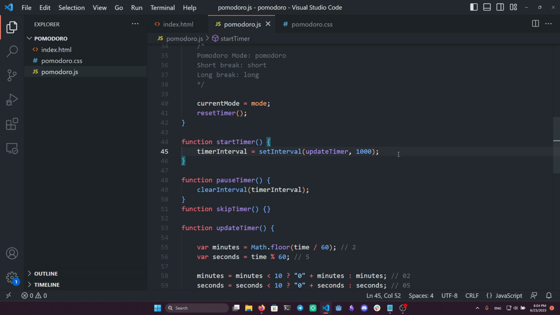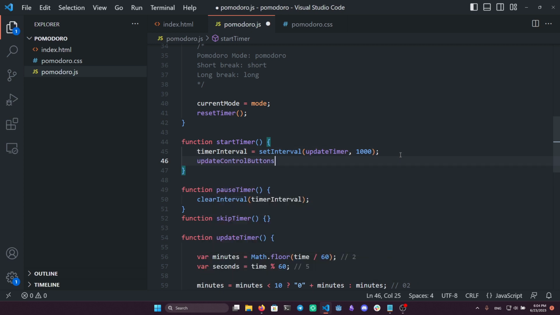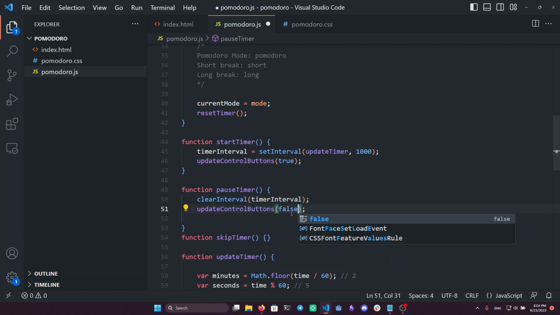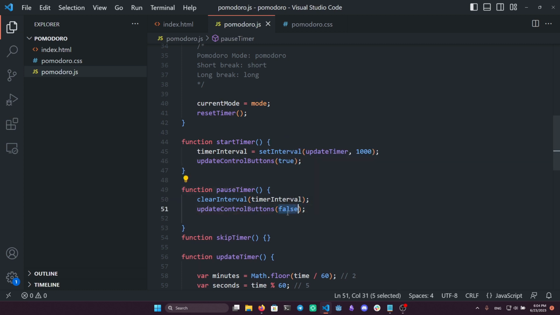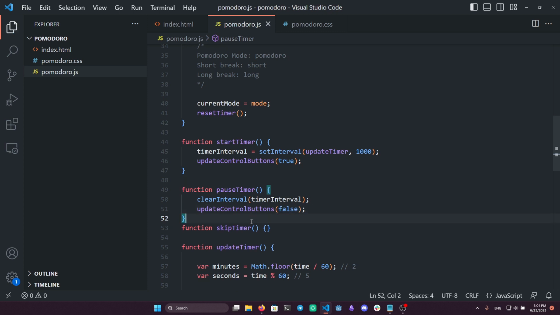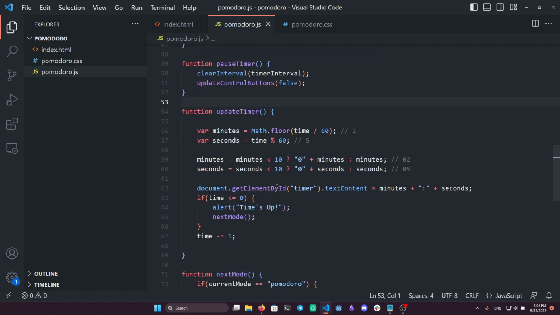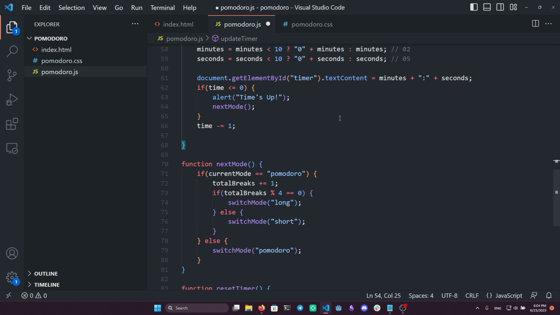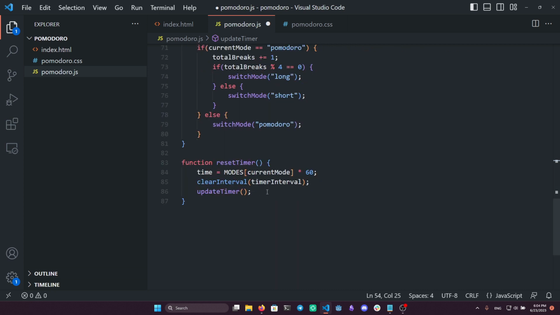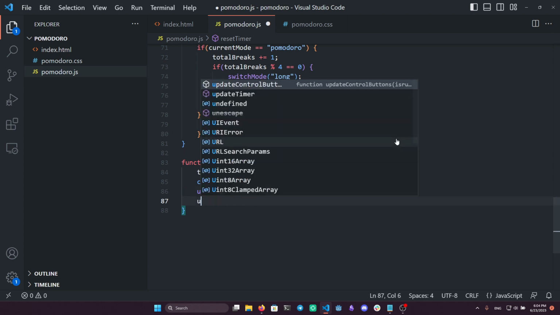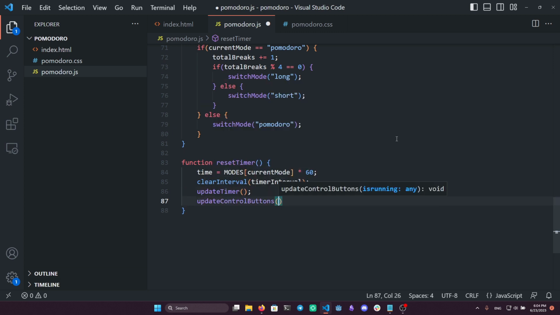So when we start the clock, we need to update it to be true. And here it should be false because we've just paused it and it's not running. So isRunning is false. And we can remove this. And what else? We also want to use it in reset timer. Update controls buttons